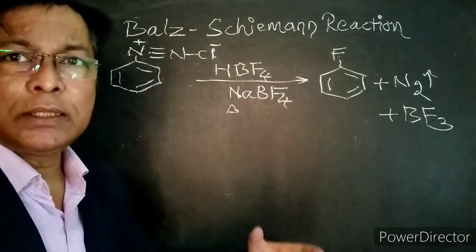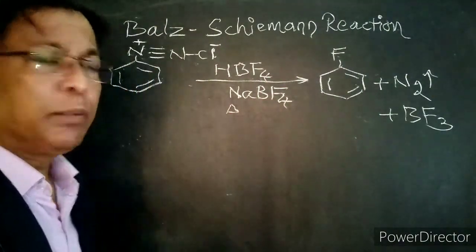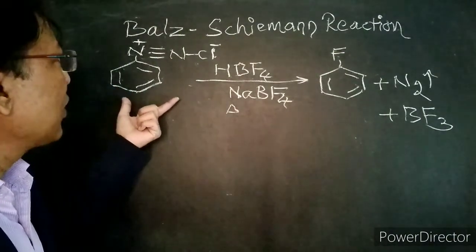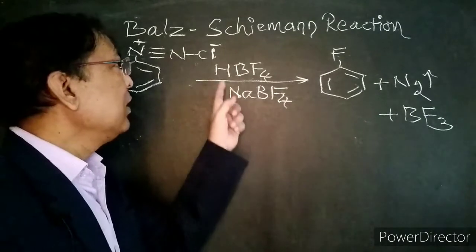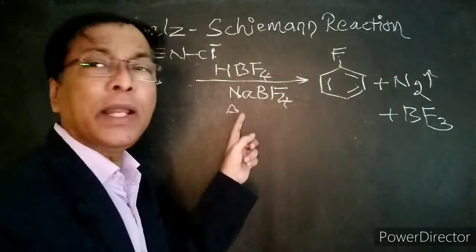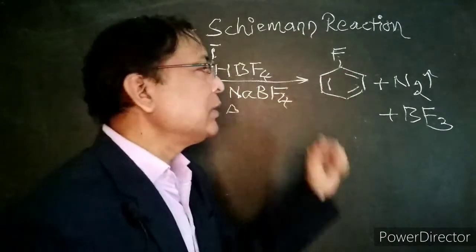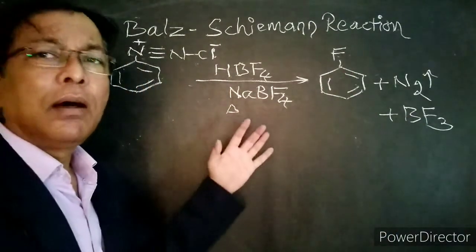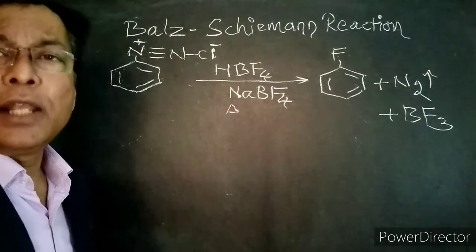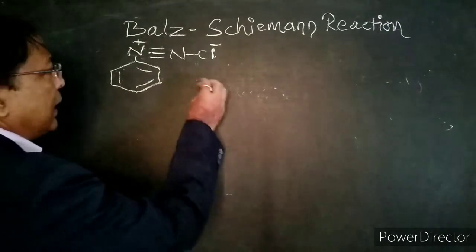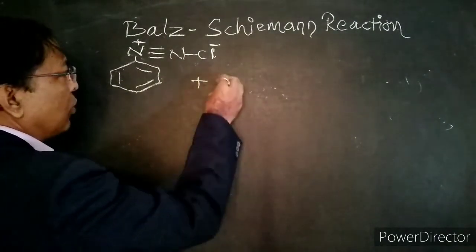I repeat the statement. When benzene diazonium chloride salt is heated with hydrogen fluoroborate in presence of sodium fluoroborate, we get fluorobenzene, nitrogen gas and BF3. Now let us see the mechanism of this reaction, Balz-Schiemann reaction. Mechanism. In first step, this benzene diazonium chloride salt